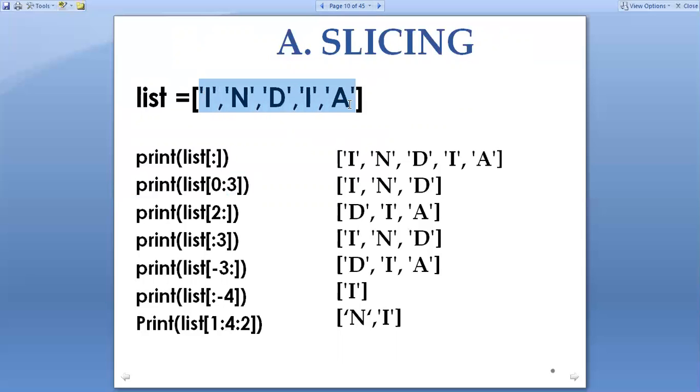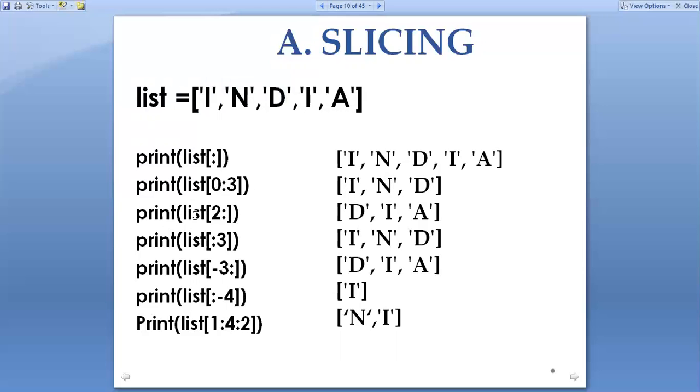The starting position of INDIA is the 0th position: I, and N in the first position, D in the second position, I in the third position, A in the fourth position. 0 to 4 positions are there. So I want to retrieve 3 characters from the list beginning with the 0th position. So what does it give? I, N, D. For 0, 1, 2, all 3 characters will be printed here.